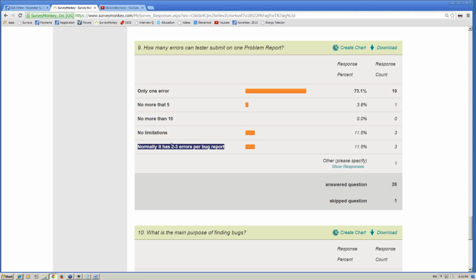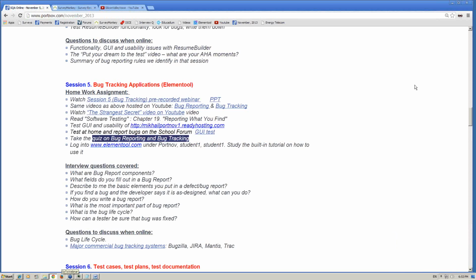Okay guys, here is the story. If we play by the rules, it's one bug report. It is one bug report per fix. How many errors can testers submit on one problem? One error. But look at the